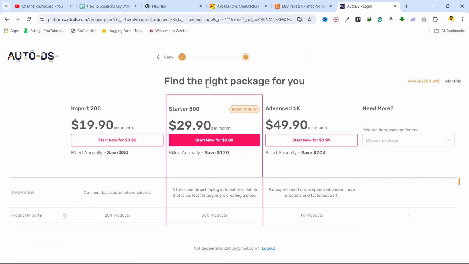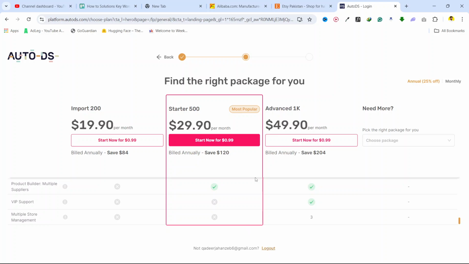Select it and find the right package for you. So it is up to you which package you want. So let's suppose I want to go with this package. Select that and start now for this package, and it is billed annually. Okay, so once you complete that, on the next page, I do not want to start this one, but